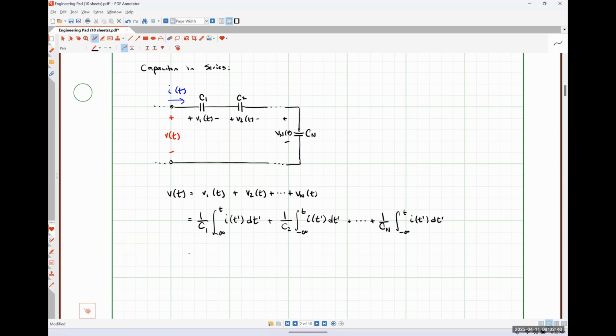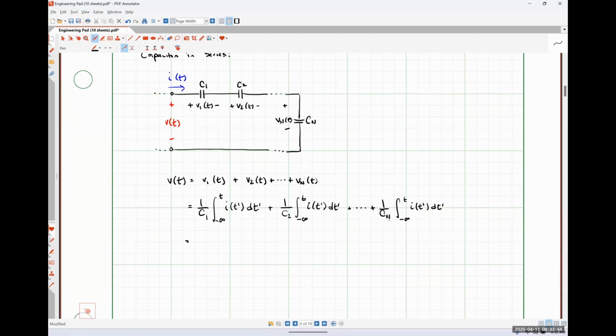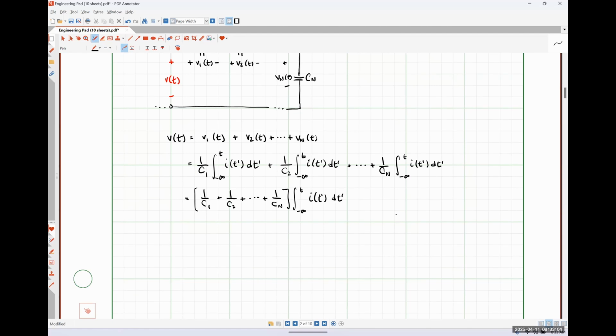And I can see that I have a common factor of that integral, right? So essentially, I will have a factor of 1 over C1 plus 1 over C2 all the way out to 1 over C sub n times the integral from negative infinity to t of I of t prime dt prime,